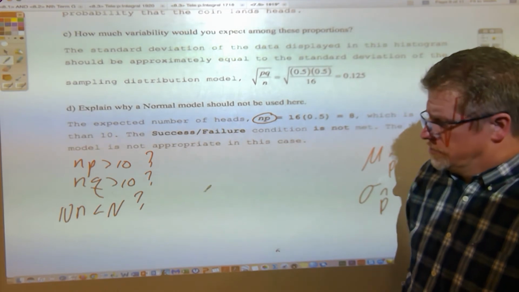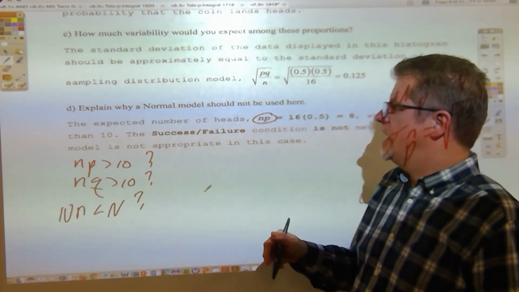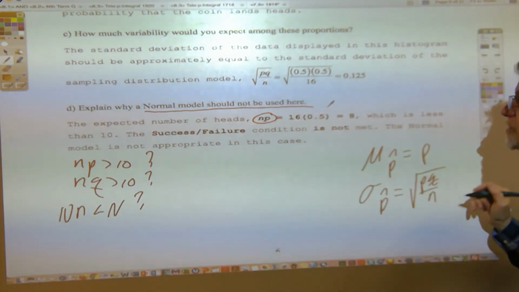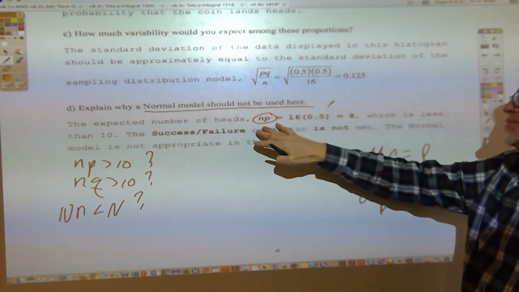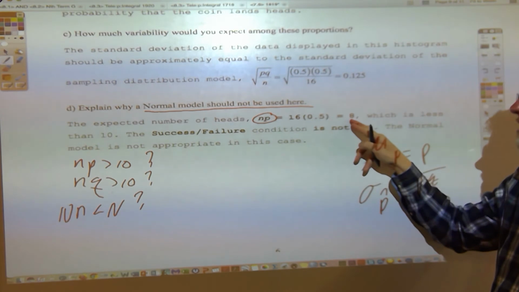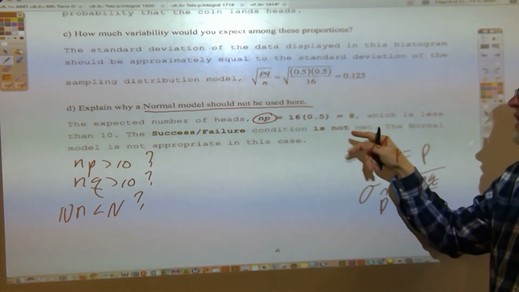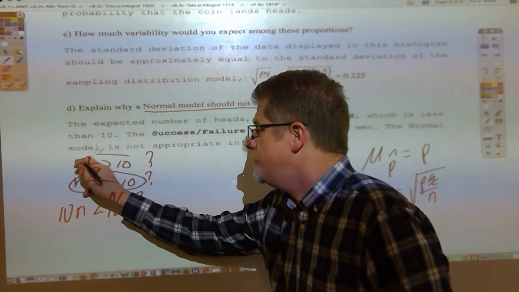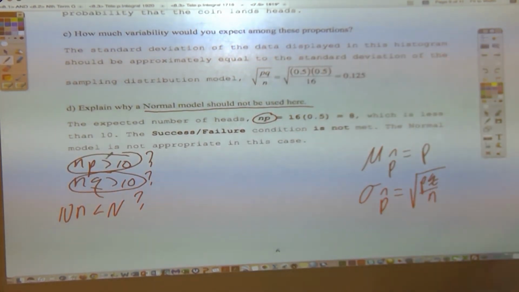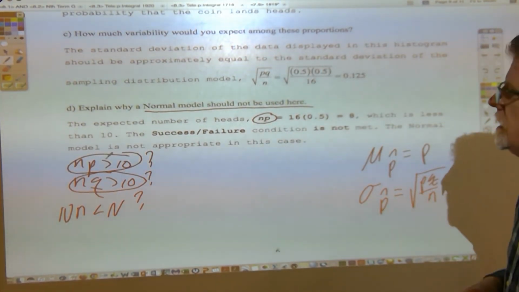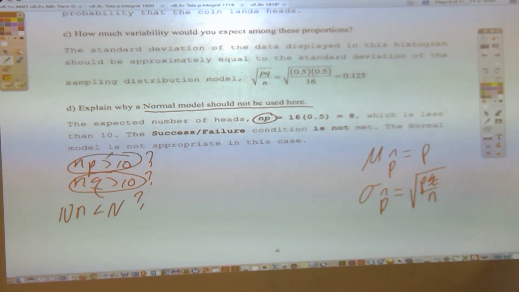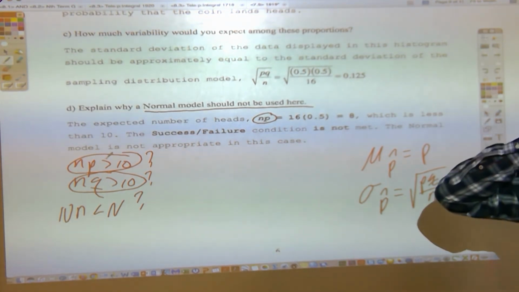But I just want to let you know that when you're looking at the question of should a normal model be used, yeah, we do have to look at np and nq. And here, right away, np is not greater than 10. That's called the success condition. nq is called the failure condition. So the success condition is not satisfied. Therefore, the success-failure condition is not met. The normal model is not appropriate in this case. That's page 2. Please flip over to page 3